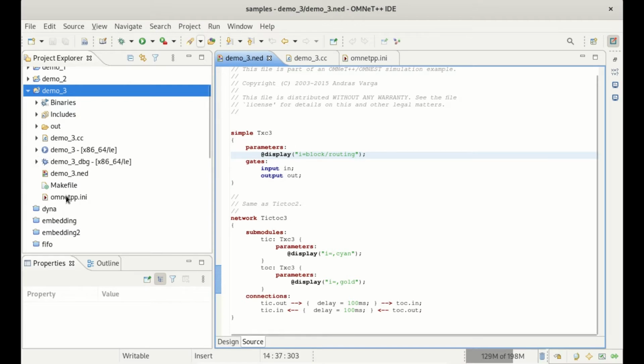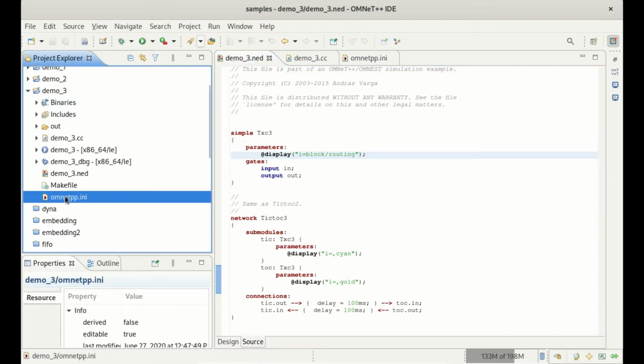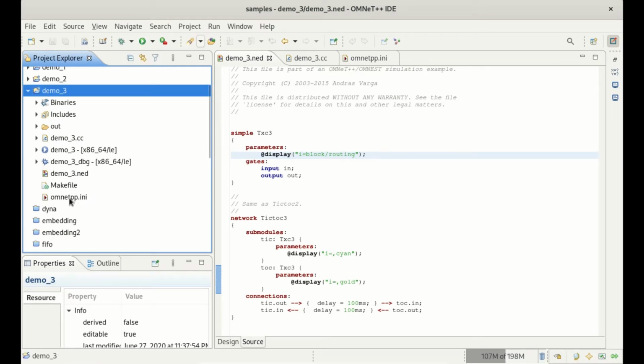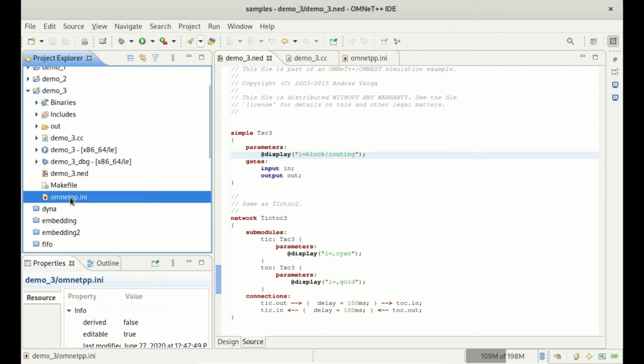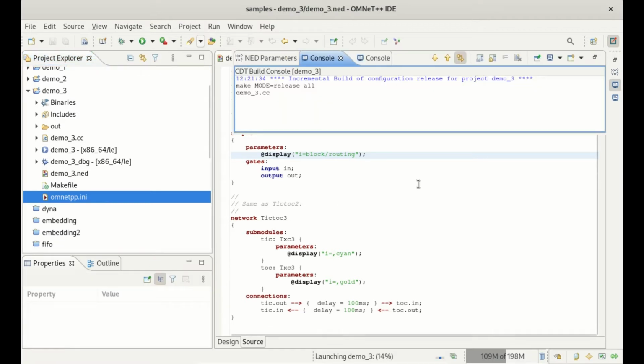So I am selecting the omnetpp.ini file under this demo_3 and clicking this green run button to run this simulation. Okay, so I am clicking on it, so it will run our program.